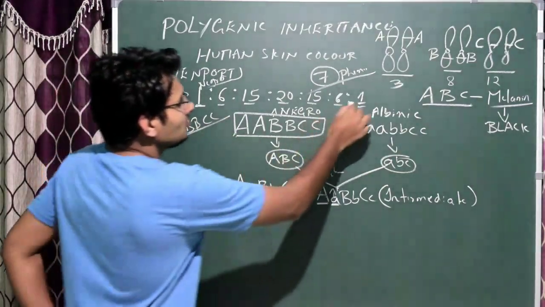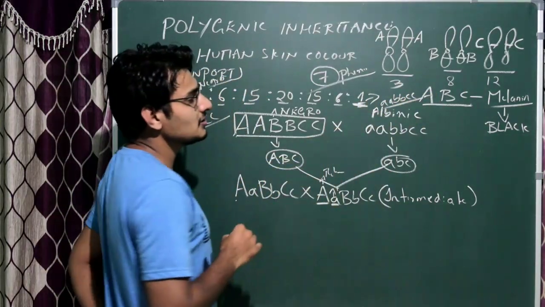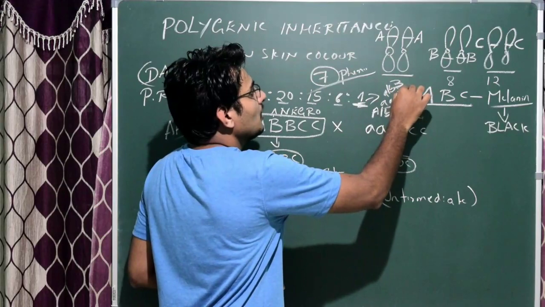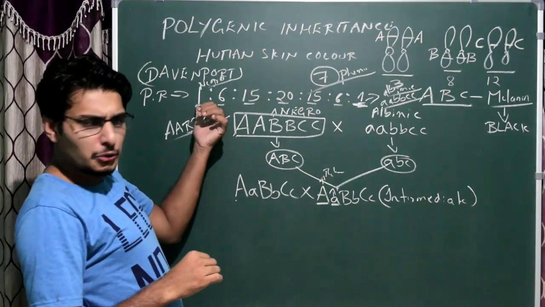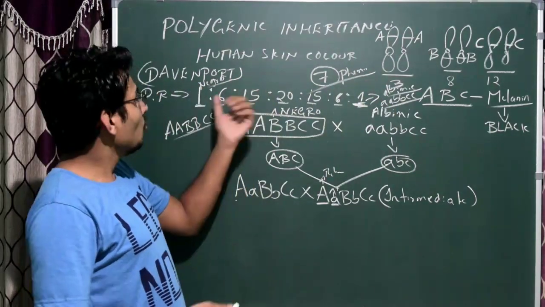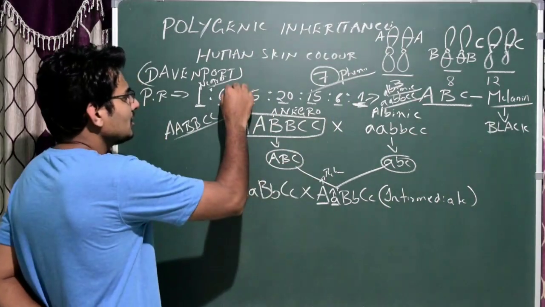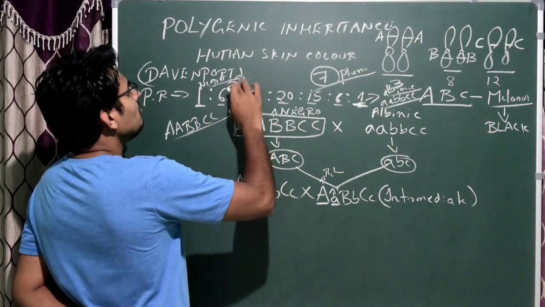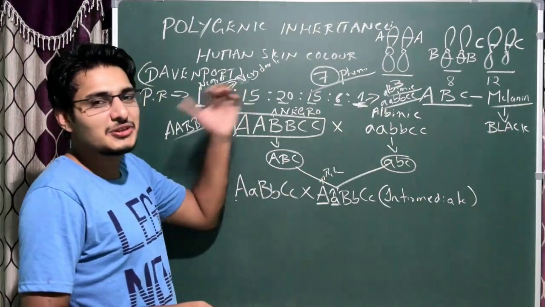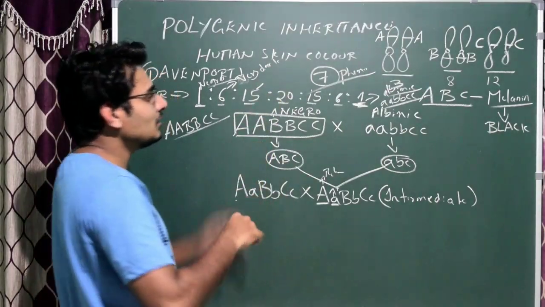Whereas this one is recessive, like the female, the mother, that is 100% recessive genes where no melanin is produced. Obviously that is albinic, correct? Albinic, very fair. One is Negro, that is very dark, and in this case very fair. That is albinic. From this 6 to this 6 you see the intermediate colors. Let us see it particularly. In this case the person will be very dark. Negro means very dark, whereas this 6 is very dark, a bit lighter compared to the Negro color, and this one is actually dark.